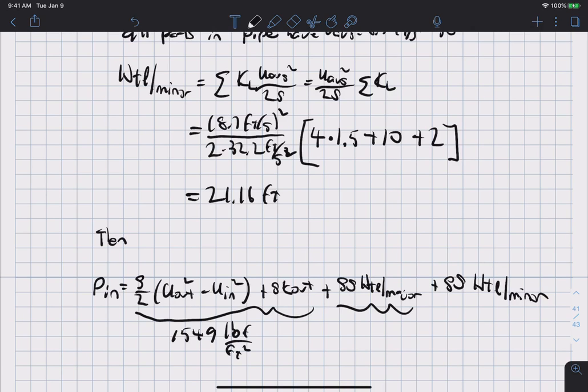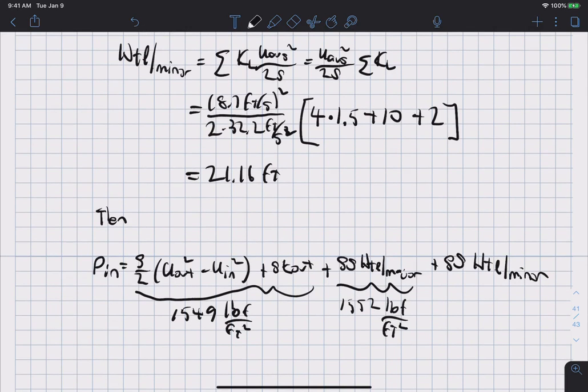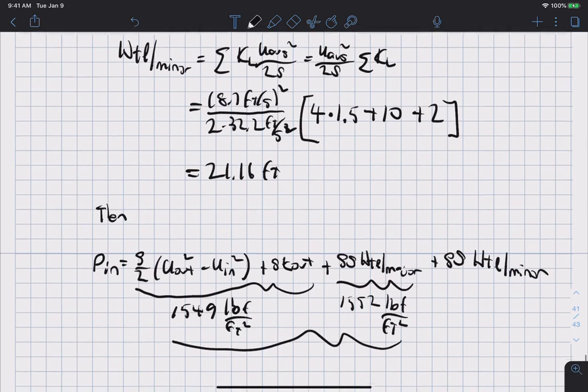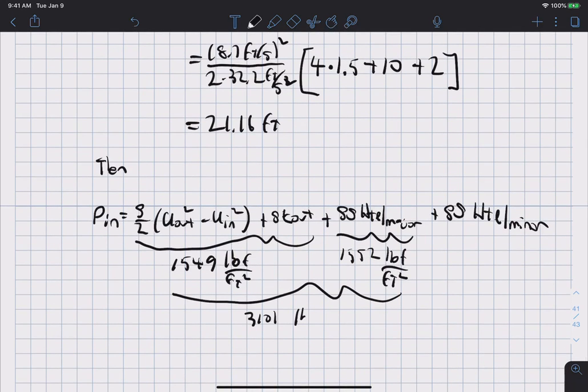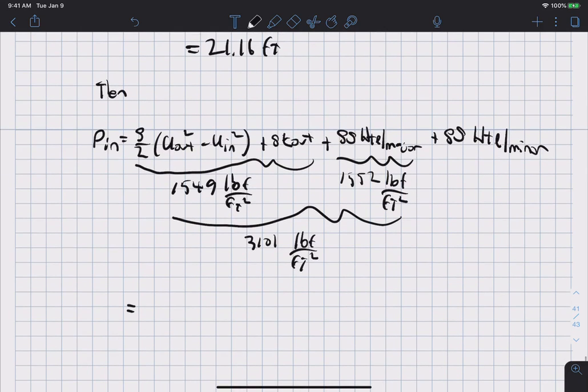This was 1552 pound force per foot squared. And the sum of these two was 3101 pound force per foot squared. So then P in equals 3101 pound force per foot squared plus rho 1.94 slugs per cubic foot times G, which is 32.2 feet per second squared, times the minor head losses,